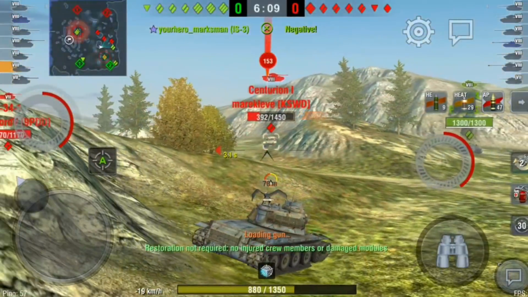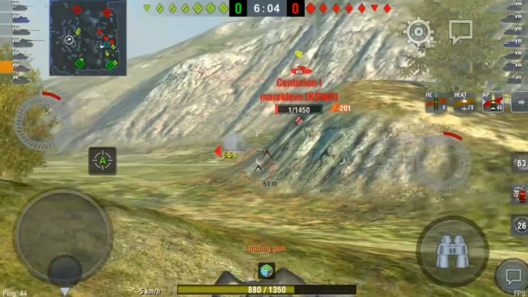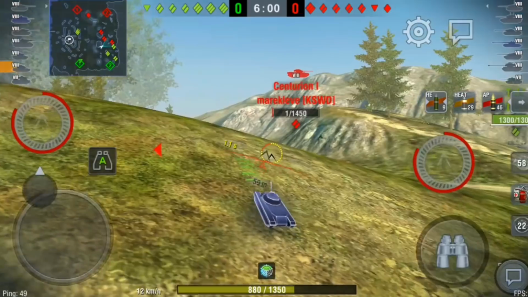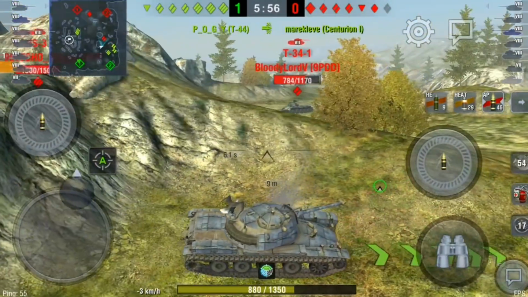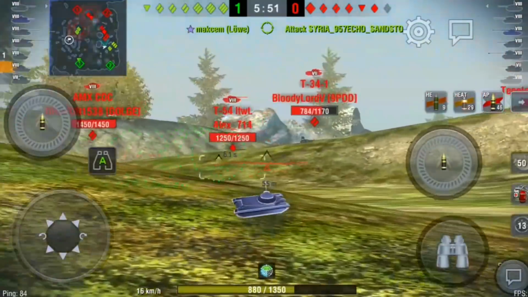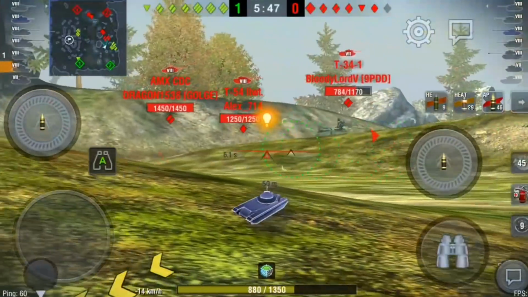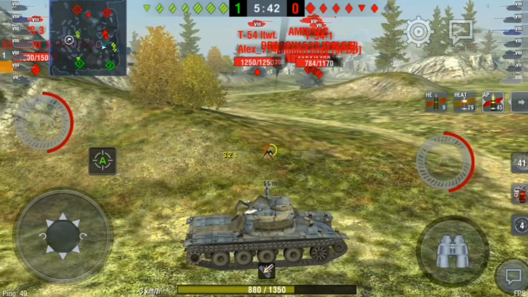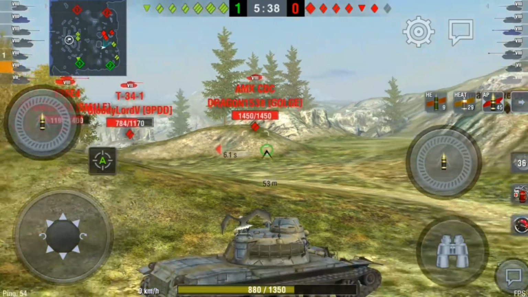We get one nice shot there, but he does hit me back, and his reload is a lot better than mine, and we get a nice shot into the back of him, leaving him on 1 HP. So we do poke forward, try and get the last shot, but our T-44 does manage to take him out, and now our team are coming up. Our heavies have started to come up, which is taking the attention from some of these tanks. So we've got the Super Persian here, and we've got the T-34-1 here, and then we've got a lovely CDC that is going to come out,